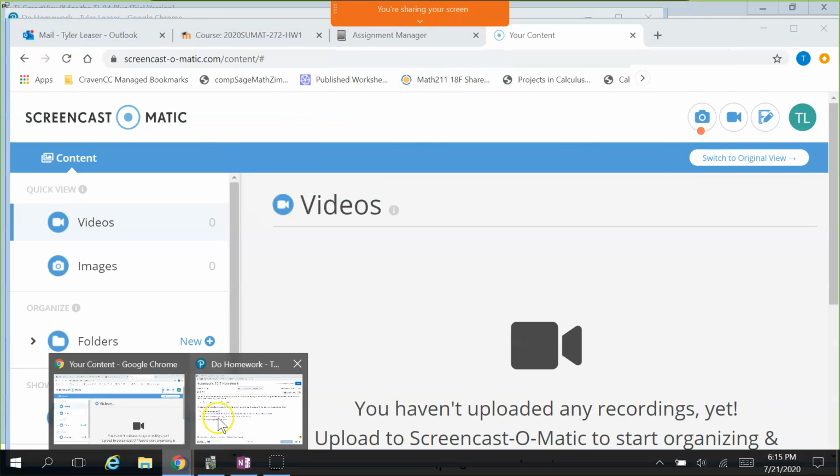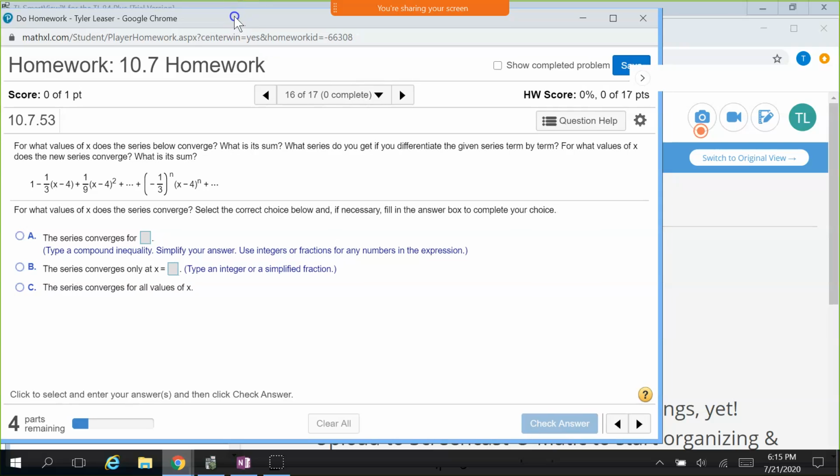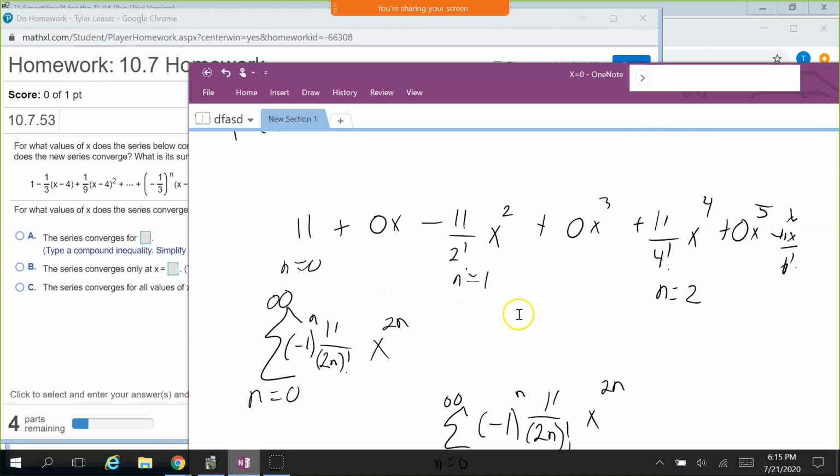All right, so then that other question, number 16 on section 7, let's look at this one. For what values of x does the series below converge? What is its sum? What series do you get if you differentiate the given series term by term? And then for what values of x does the new series converge? What is its sum? Okay, so for a question like this,